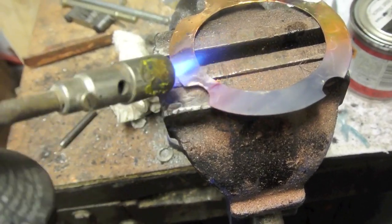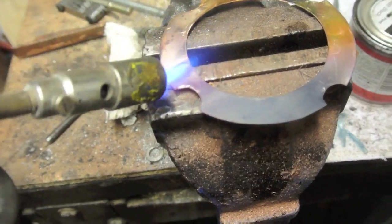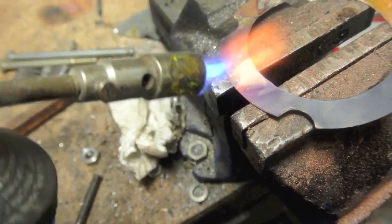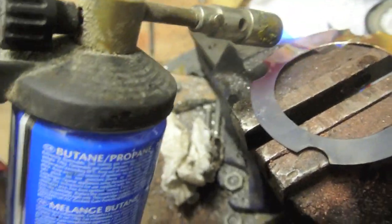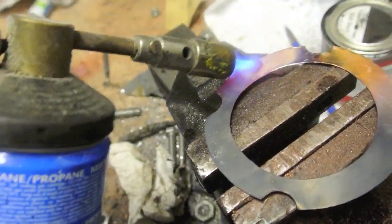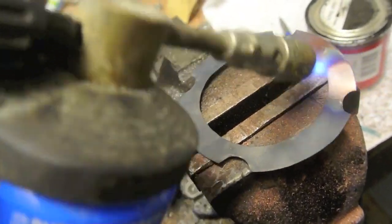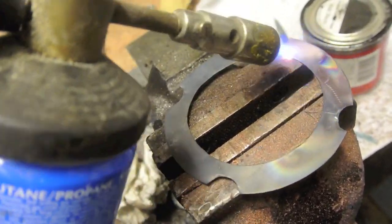It's going to even on top of the vice jaws. It's not too bad. You can see it's red there. I'll just keep moving the heat round. Of course, again, I've got oxyacetylene on propane equipment. You can see how soft this is turning the copper. The copper is actually drooping down the back of the vice here, which is great. That's what you want. You've got to soften it up,